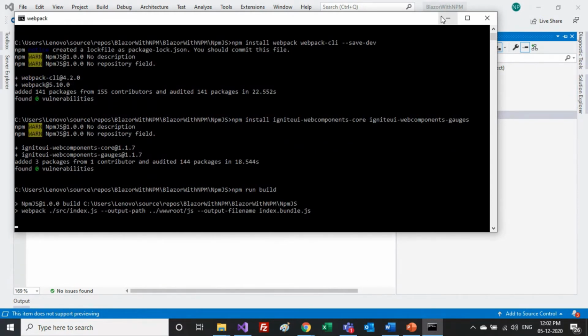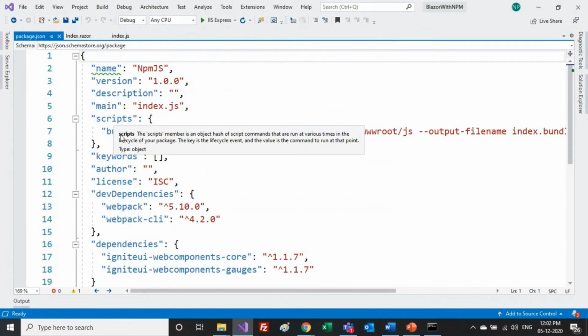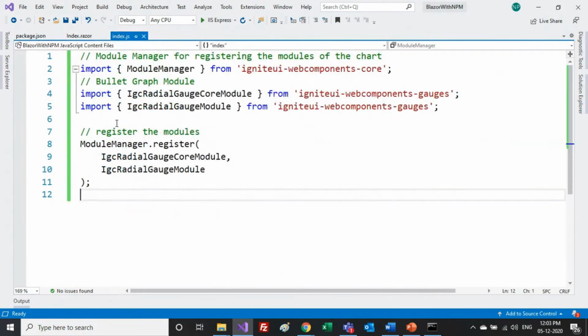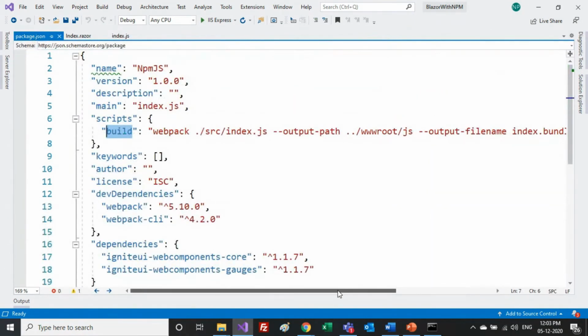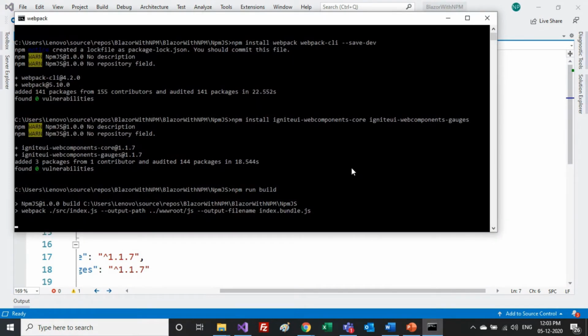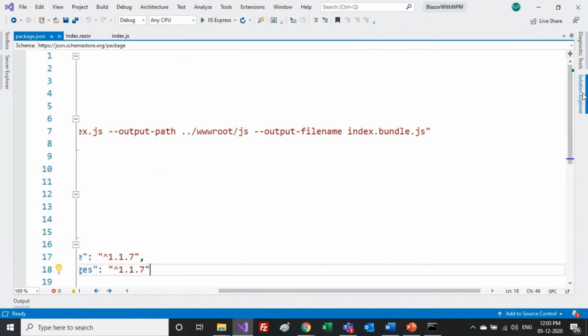Once you do that, you know that in your package.json you have specified that whenever you run this build command, Webpack will take this file, bundle it, and generate a build output named index.bundle.js at this specific output location. Let me come back to my command prompt, and once it is done, you will find this file at the place you mentioned. As you can see, it finished with some warnings, maybe because I'm using the updated version.